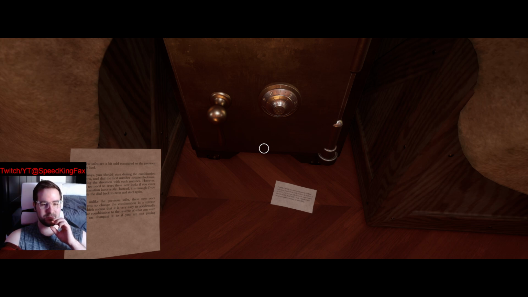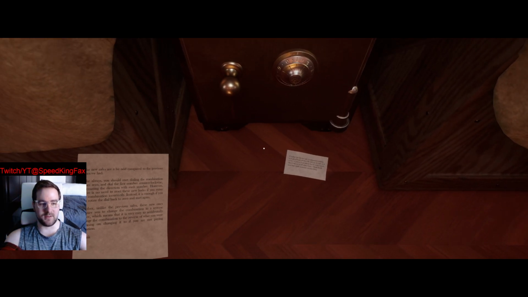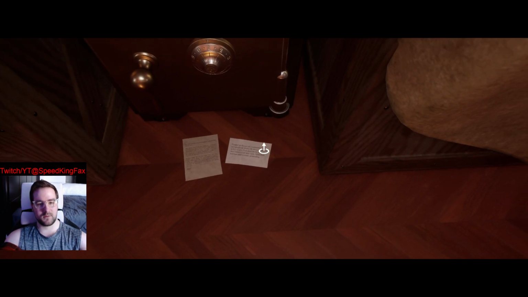Furthermore, unlike the previous safes, these new ones require you to change the combination in a reverse order, which means it is very easy to accidentally change the combination to the reverse of what we're planning on changing it if you're not paying attention. So the guy who did later probably reversed it, meaning the new